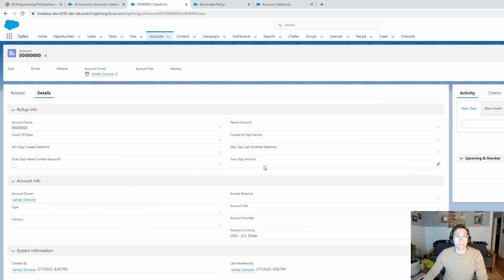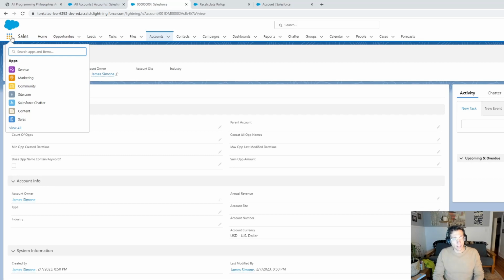And then we're going to sum up all of the opportunity amounts. And we're going to concat all of the opportunity names together. So in order to get started here, you can access the Recalculation app for Apex Rollup. You can go straight to the Recalculate Rollup tab,